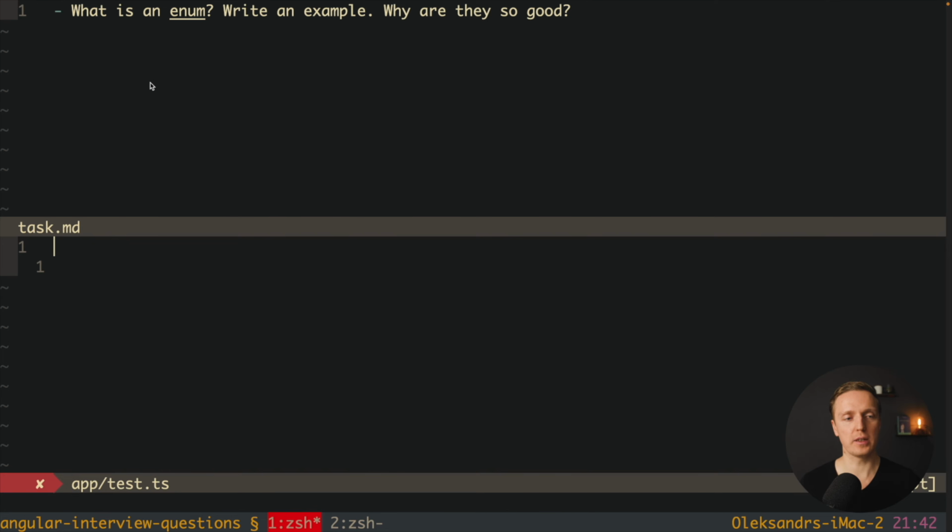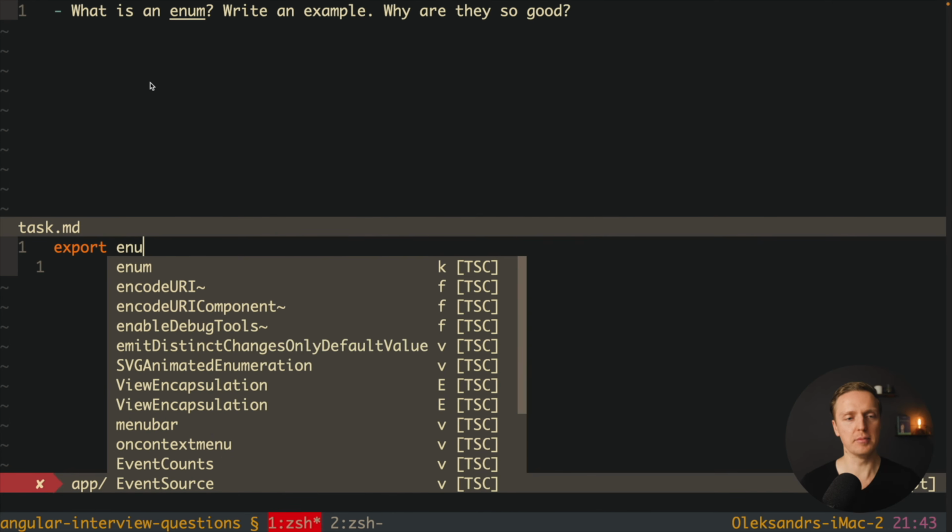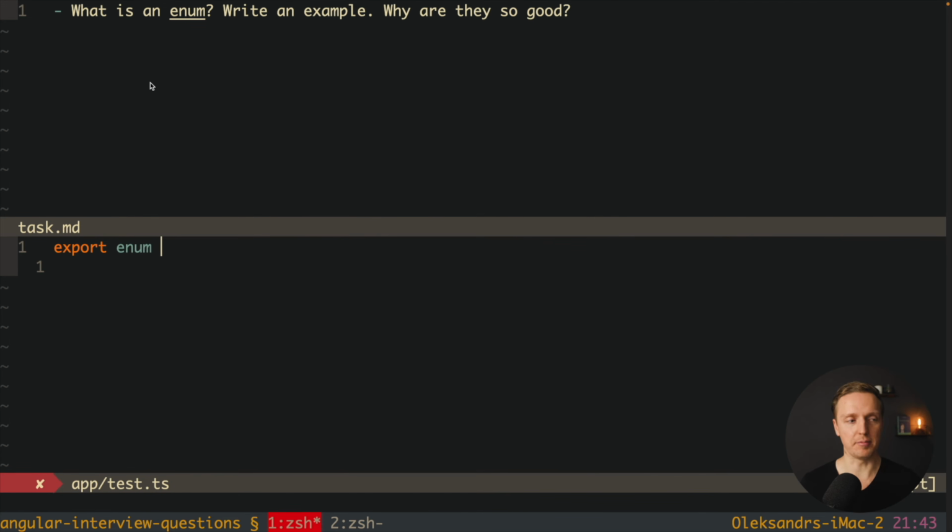So first of all, the question is what is an enum and how we can create one. For this we are using the reserved word enum and then the name of our enum. And the typical code style to write the name of the enum is with a capital letter. Here let's create an enum for our statuses. Let's name it StatusEnum, and we simply create here an object. Now inside we're creating keys and values, which actually means it is really similar to an object and not to an interface.